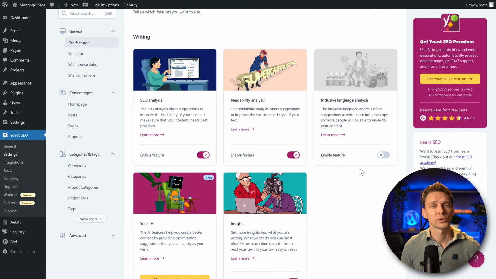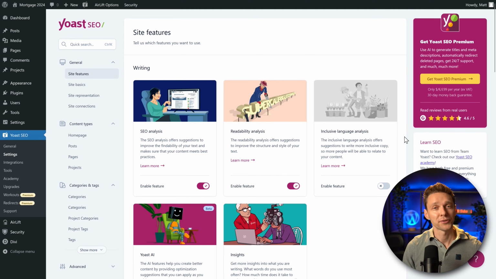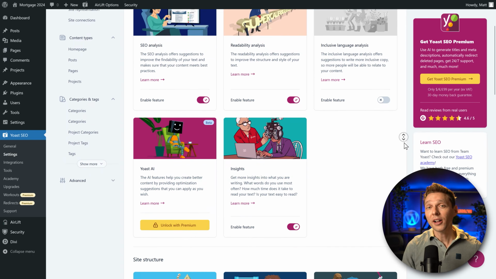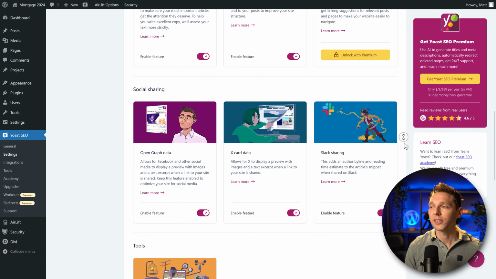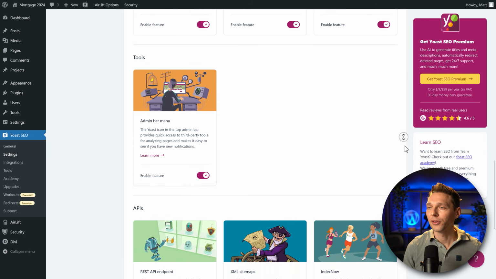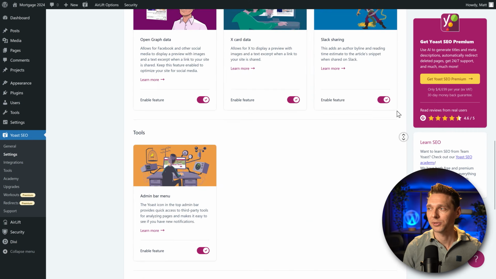But not only that, also words like obese can be signaled and flagged like, hey, maybe you want to use another word to be more inclusive. You can enable that if you want it. I'm not going to enable this feature for this website, but be my guest, of course, to do it. Now, all the other features in here are enabled by default, and that's a good thing. So we're not going to change anything about all the features that are enabled on this website.